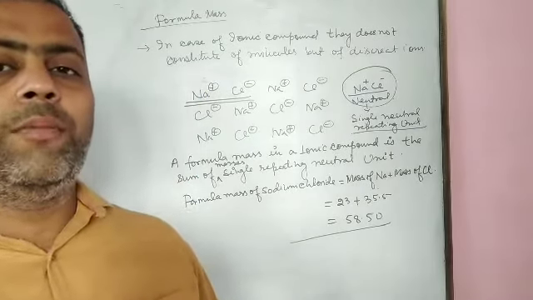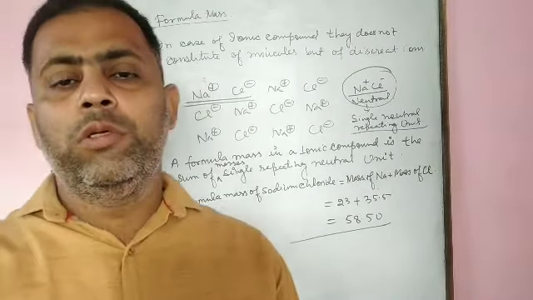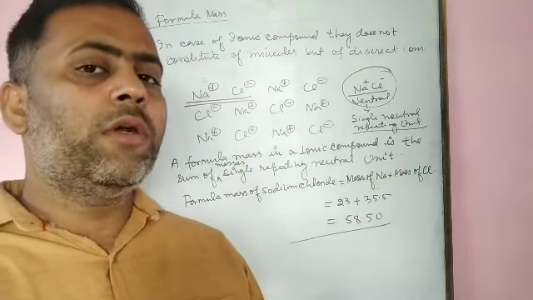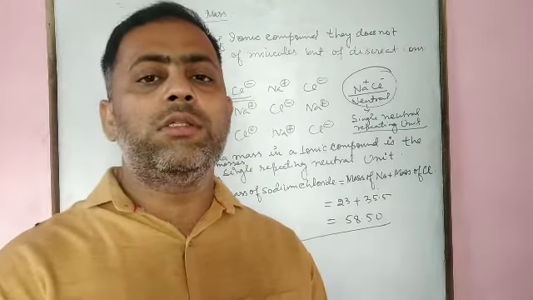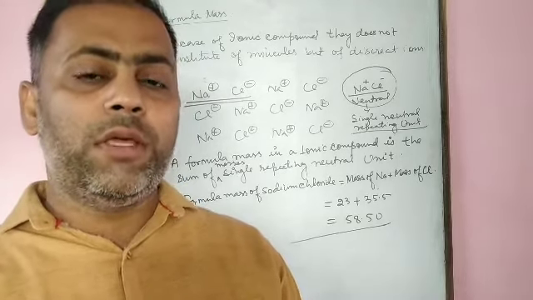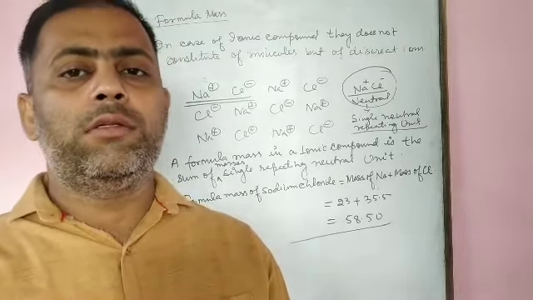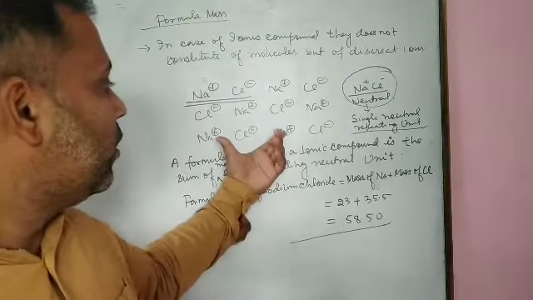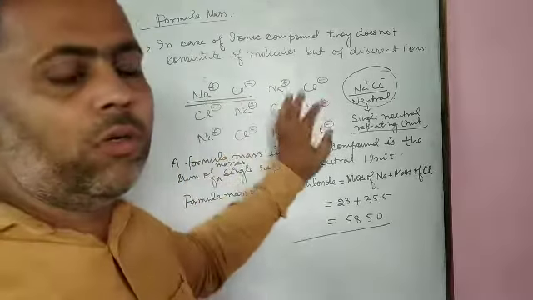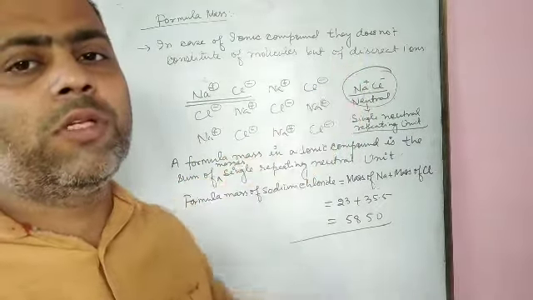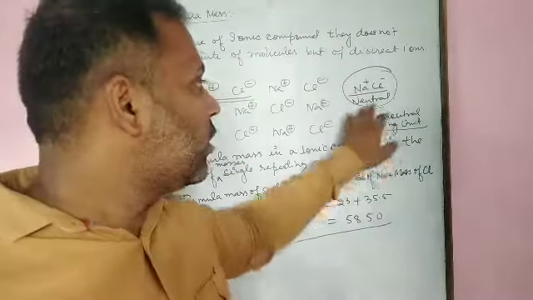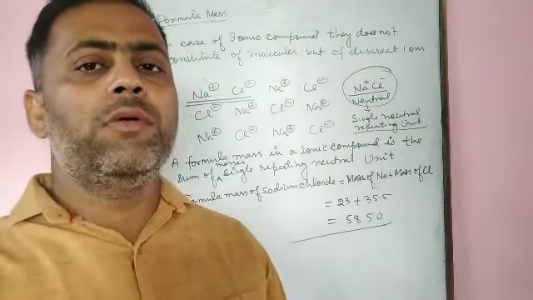In case of an ionic compound, there will not be a molecule, so in that case we have to calculate the formula mass. Formula mass is the sum of the masses of a single neutral repeating unit in three-dimensional space that gives the entire lattice. In the crystal of sodium chloride, the single repeating unit is sodium and chlorine, which repeats through the entire three-dimensional space to give this structure. When we add up the masses of sodium and chlorine, a neutral species, it gives the formula mass of sodium chloride.